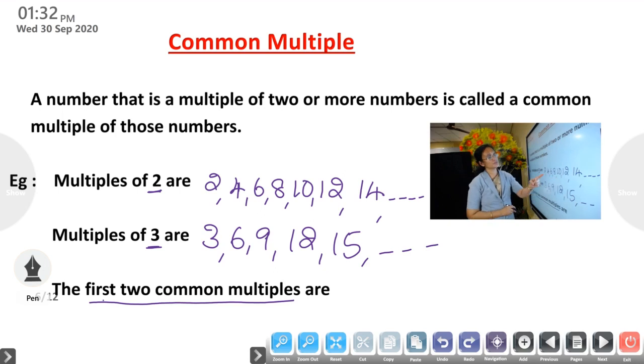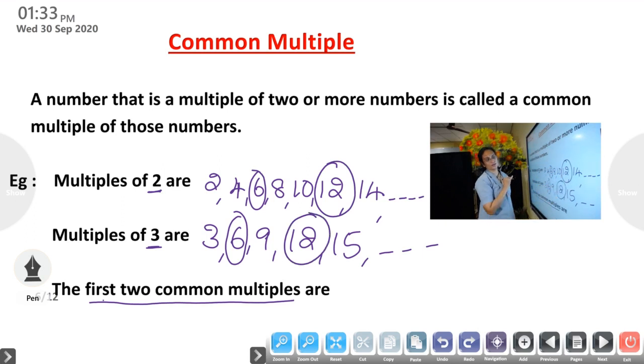That is the multiples that are common for this 2 and 3. See, you look at the numbers. Is there any common multiple for both these? 3 is not common. 4 is not common. 2 is not common. But you can see that the 6 is there in both the two rows, isn't it? So 6 is a common multiple for 2 and 3, and the first common multiple is 6. The next one is, see, 9 is not here, 8 is not common, 10 is not common, but what about this 12? 12 is common. Okay. So 6 and 12 are common multiples.